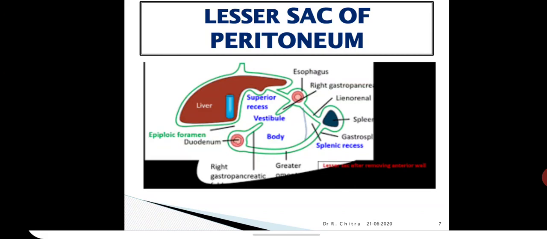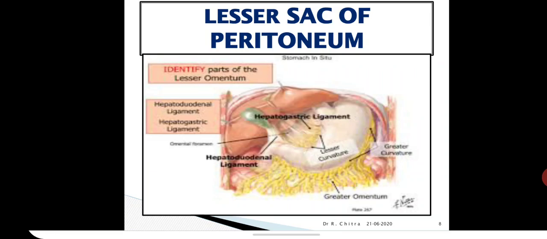Lower margin: in the newborn, it corresponds with the lower margin of the greater omentum. After puberty, as we have seen already in the greater sac class, the second and third layers of the greater omentum are fused. Hence, the lesser sac does not usually extend below the transverse colon. So we have finished the anterior wall, posterior wall, upper margin and lower margin. Now we will see the right margin and left margin.